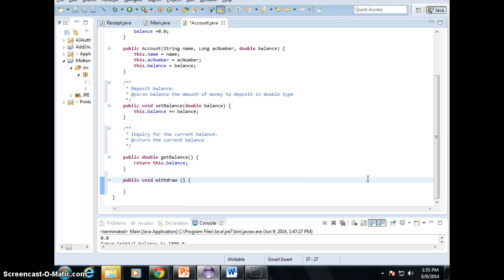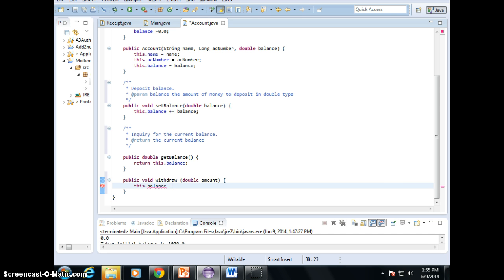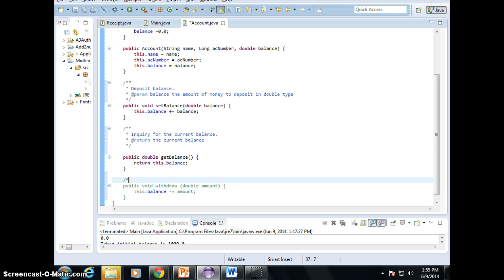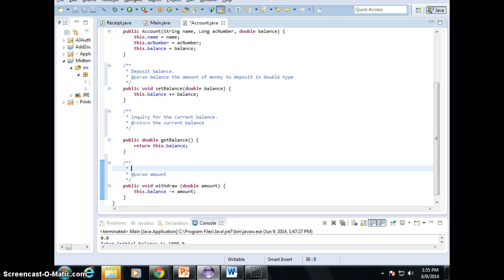Like withdraw, I should have the amount to withdraw, right? Amount. And how do we do withdraw? This dot balance, right? Minus equals the amount, right? And then I do slash asterisk asterisk enter. Then I can just get the Java doc that I can explain